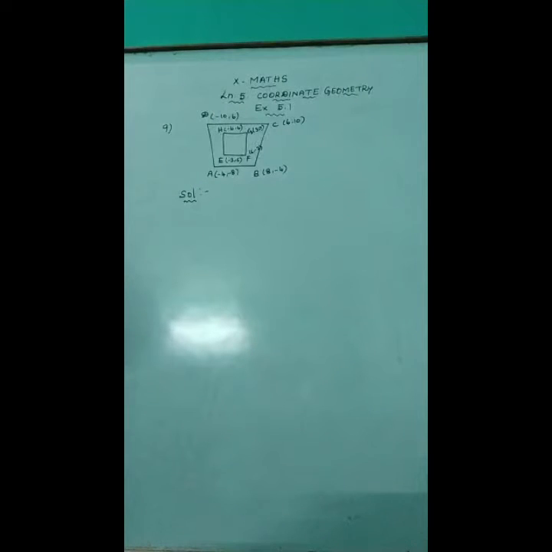Dear students, now we are going to discuss the 10th standard maths, lesson 5, coordinate geometry. This is the continuation of the previous video. Now let us explain exercise 5.1, ninth sum. In the figure, the quadrilateral swimming pool shown is surrounded by the tantric patio. Find the area of the patio.